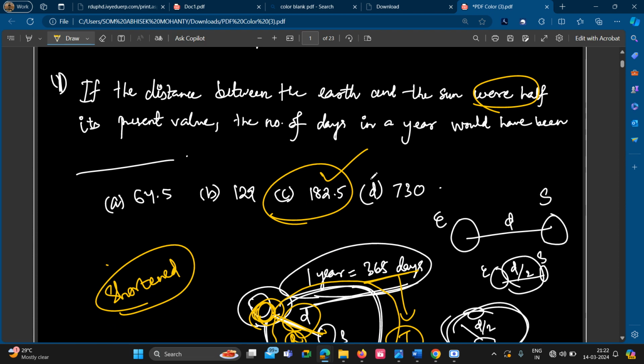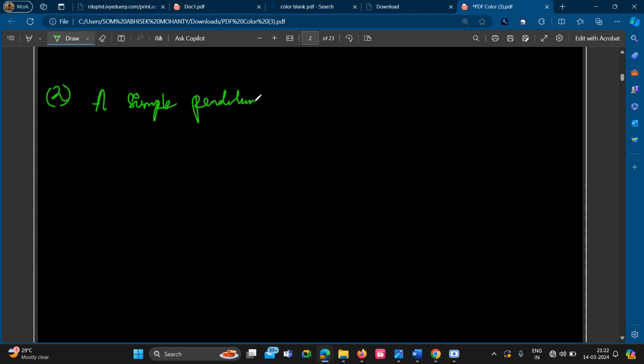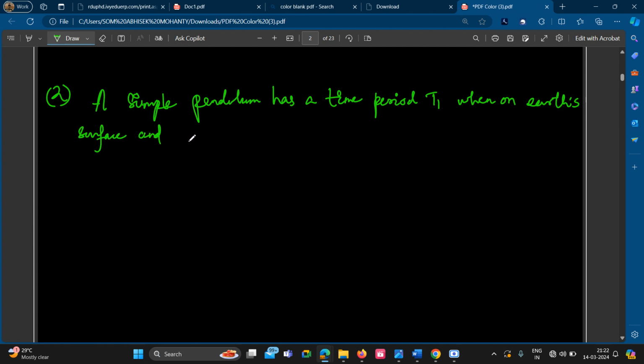Okay. Next question. Question number two. A simple pendulum has a time period T1 when on Earth's surface, and T2 when taken to a height capital R above the Earth's surface,